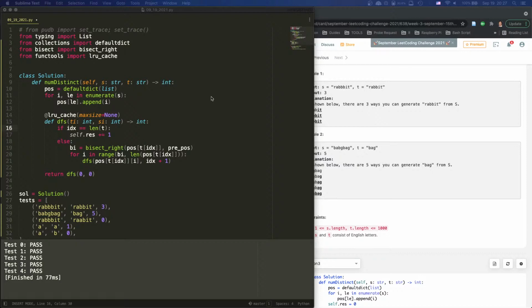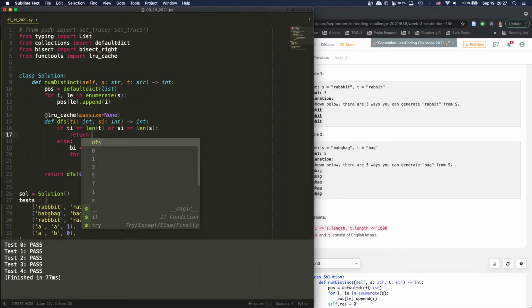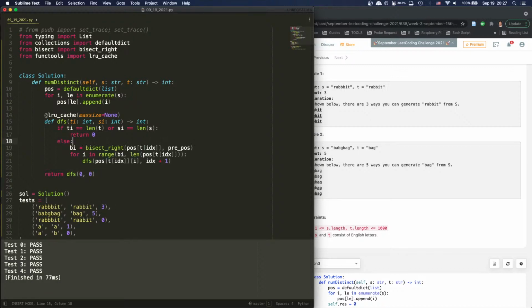Well, the edge case is we move one level down. So whenever we hit the end, we're going to return 0, right? So when ti is equal to this, or si is equal to len s, so one of them goes beyond, right? One of them goes beyond, that will return 0. Otherwise,